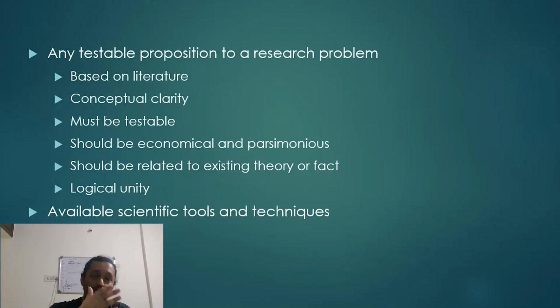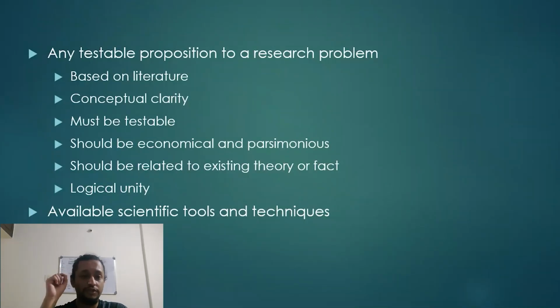Once you have a problem, then you read literature and you develop a hypothesis based on research gaps, right? The important thing about a hypothesis is it needs to be testable, meaning that it must be something that you can assess either qualitatively or quantitatively, but it must be something that you can test, right? Again, you can't have a hypothesis being there will be a change in the unconscious desires of the person. You can't test it. How will you ever figure out? There's no measure for it. So it needs to be testable, right?